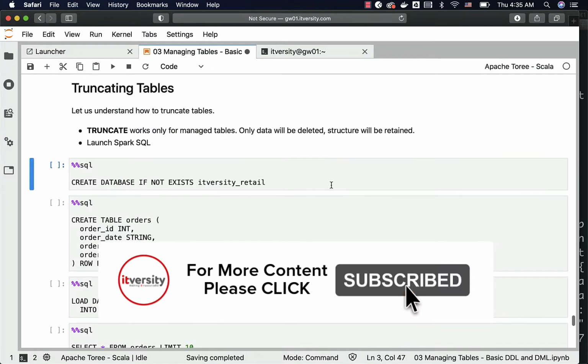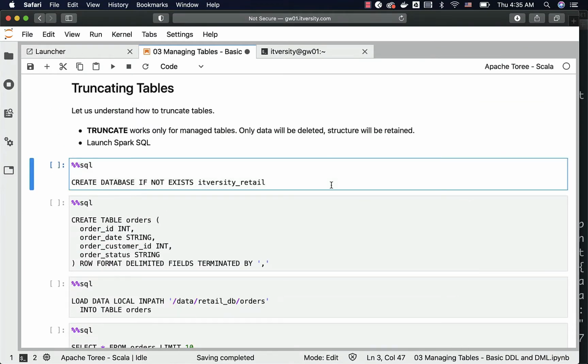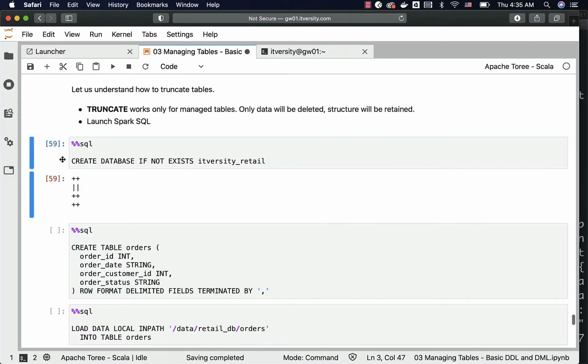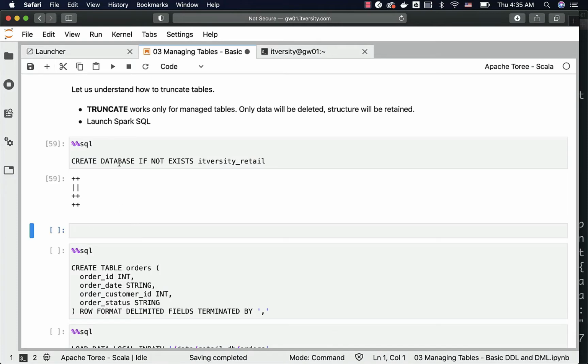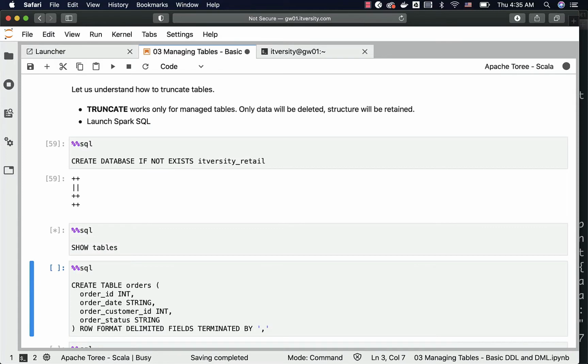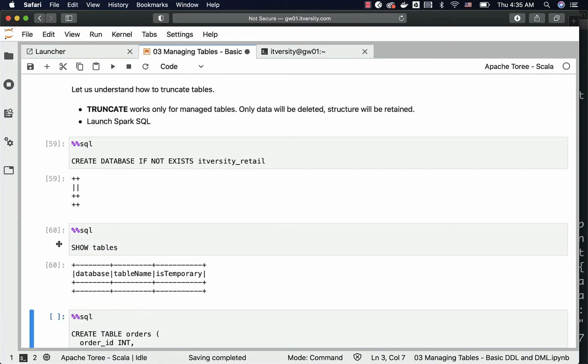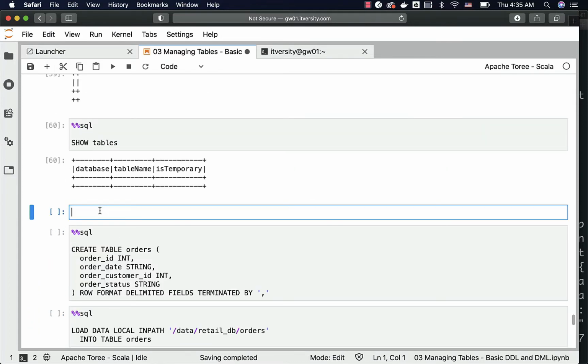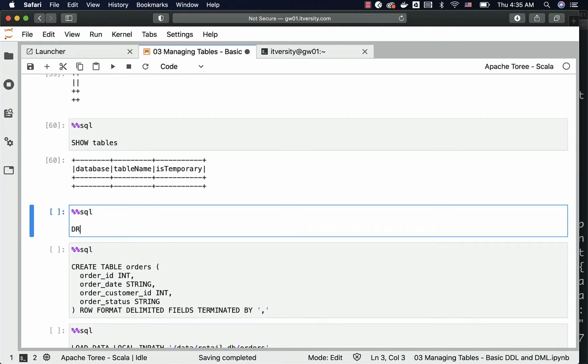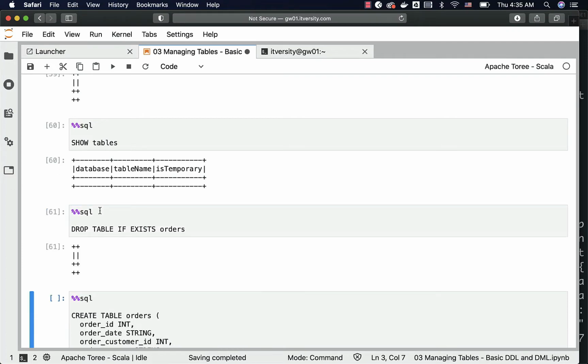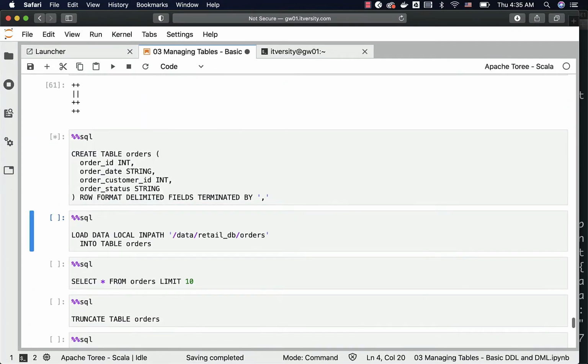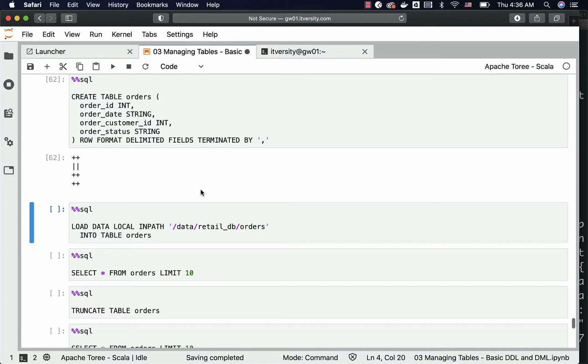So first, I'm creating the database if it doesn't exist. Let us see the list of tables we have. If the table already exists here, you can drop the table by saying drop table if exists orders, it will take care of dropping the table. Once the table is dropped, you can then create the table and then load the data into